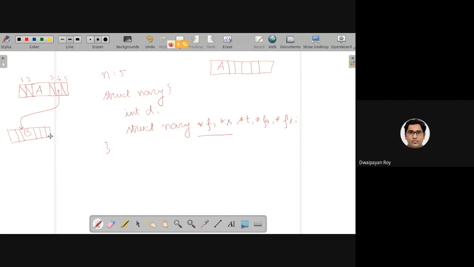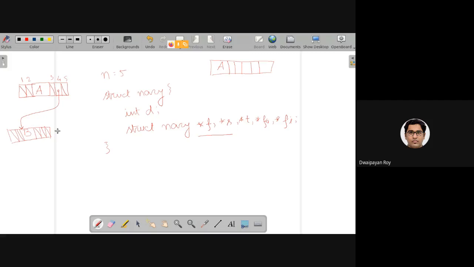And now I hope your question is, if the array is just like this, we are actually wasting positions. There are 4 null pointers here and 5 null pointers here. So it is actually the case that we cannot do anything about it. It will be kind of a waste of memory.